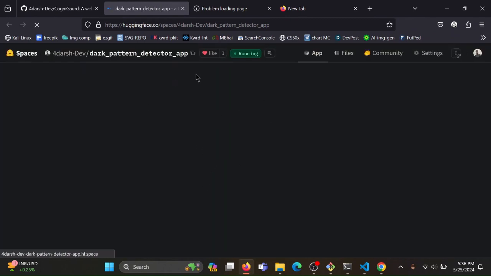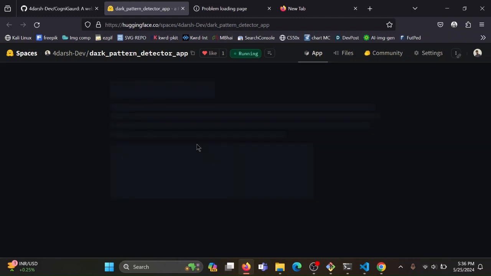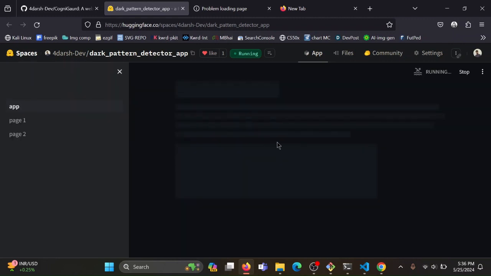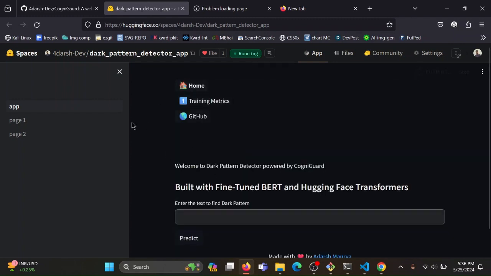It is deployed on Hugging Face Spaces, and it uses our own fine-tuned model. It is text-based, so we can enter the text and find whether that particular text contains dark patterns or not. And it also has